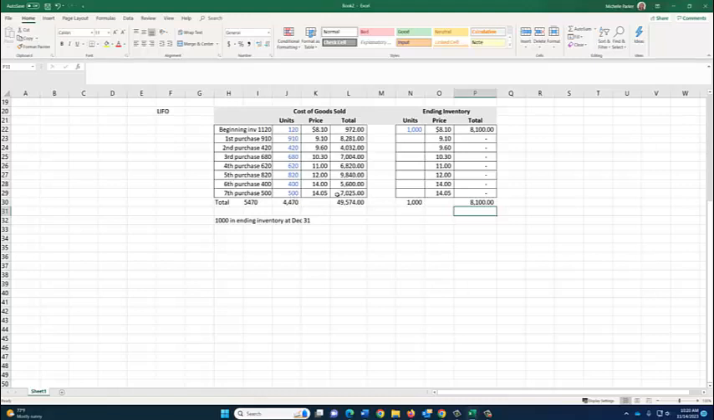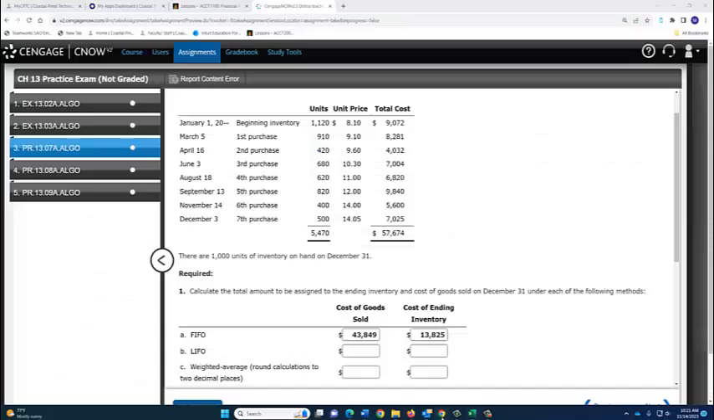So if we multiply across and add all the costs down, our cost of goods sold is $49,574. And then our ending inventory was $8,100. So let's go back over to the problem, and we'll enter our $8,100. And if we didn't want to go through all the calculations to calculate the cost of goods sold, we could just subtract the $8,100 from the $57,674, and we would have